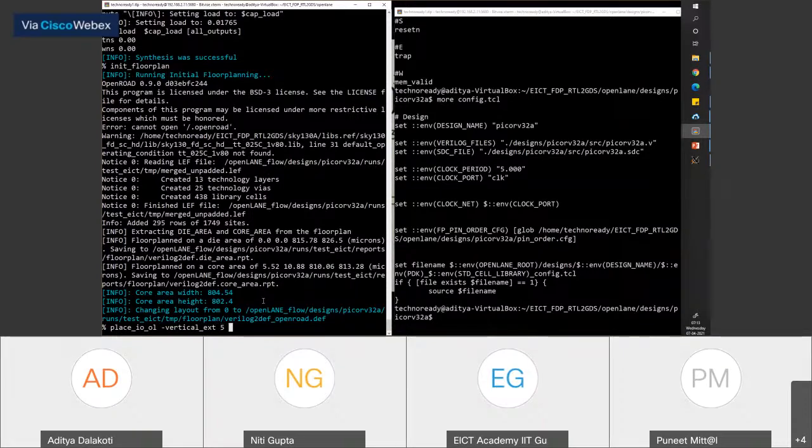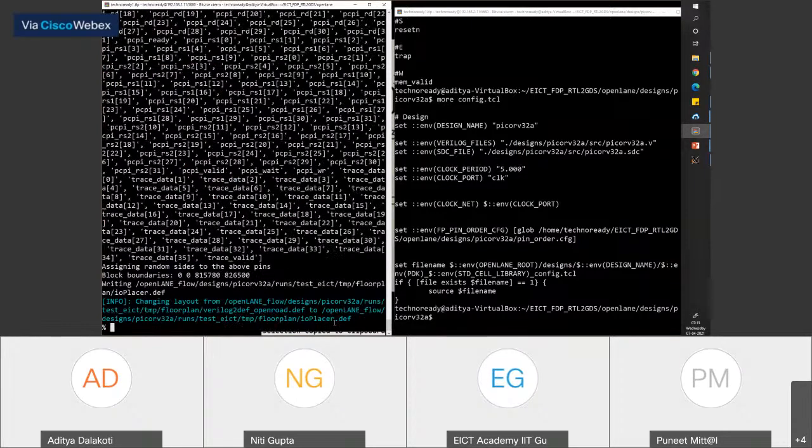You can do a vertical extension and a horizontal extension, something like this. I'll copy paste this command and run it. Now I want to observe the difference between the old one I did and this new one.